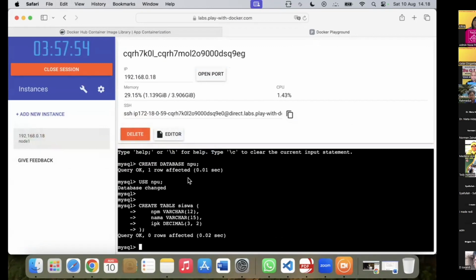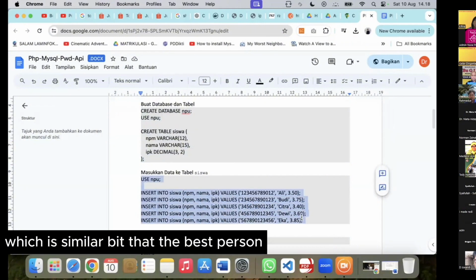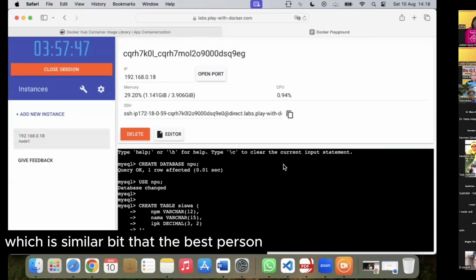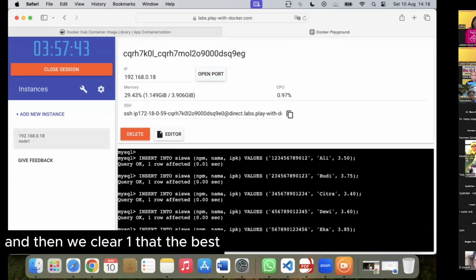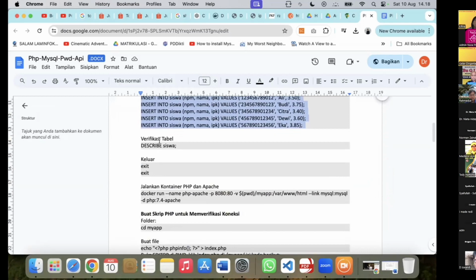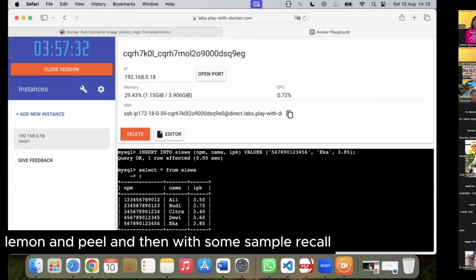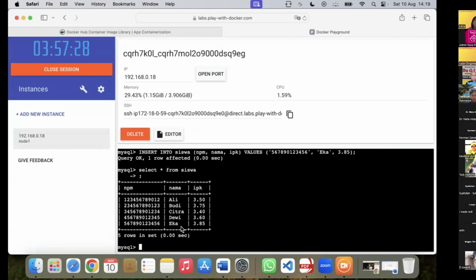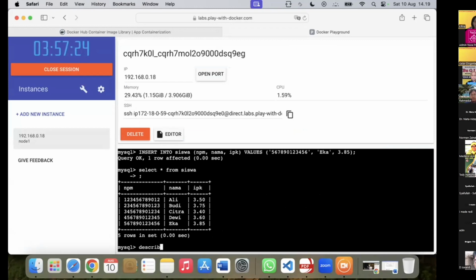Okay, make sure that you have logged in to MySQL, which is similar to the database course. And then we create one database named NPU, with some sample records. Make sure the query is okay.